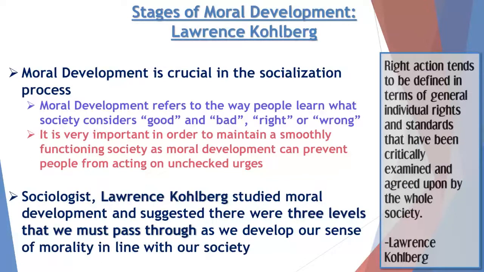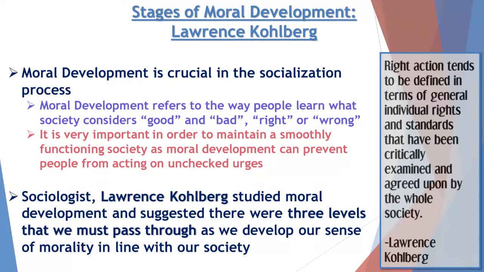All right, so this next guy is named Lawrence Kohlberg. Lawrence Kohlberg here was more interested in our stages of moral development. So how do we come to understand, or how are we socialized into society's understandings of morality, of what is right and what is wrong, what's good, what's bad. And it's important for any society to have a general agreement on what is right and wrong, or else you might have chaos, right? Every society has a sense of law and order that is enforced, either, again, explicitly through formal norms, or implicitly through more informal norms and